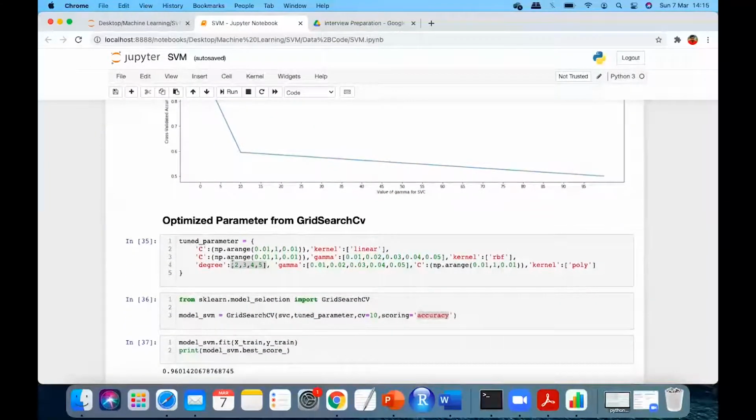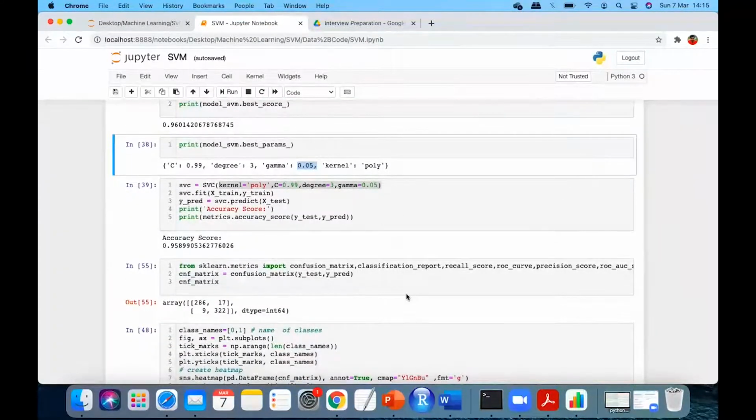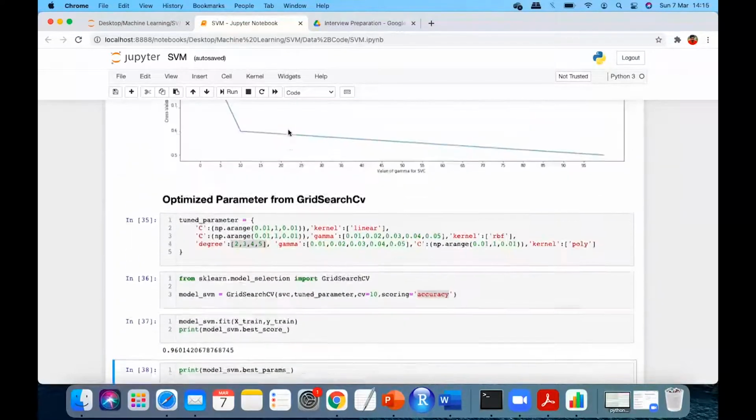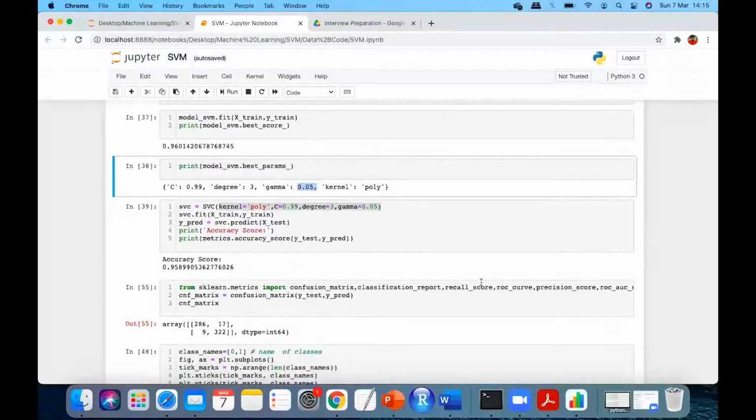Here I have passed a value, and my grid search has given me the best parameter. What is the best parameter for gamma which grid search has given me? This is not the best parameter overall. This is the best parameter out of those you have passed. So it is up to you how much you want to pass. If you increase the range, obviously GridSearchCV will take more time, so time complexity will increase, and a bit of space complexity will increase, right?